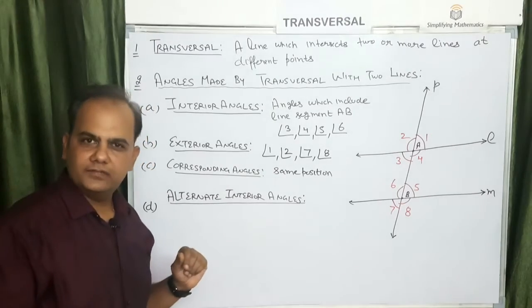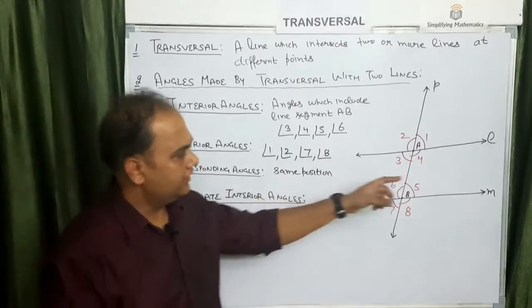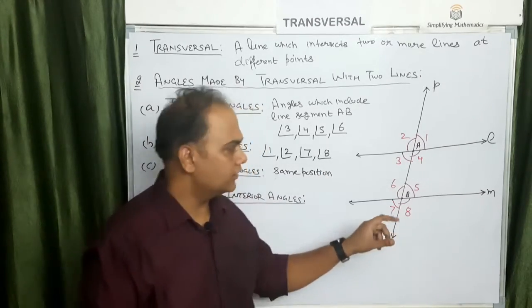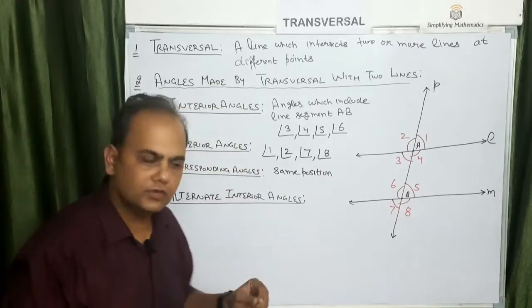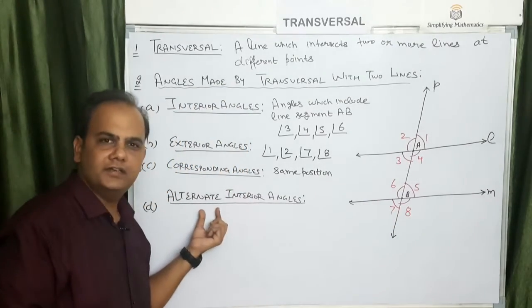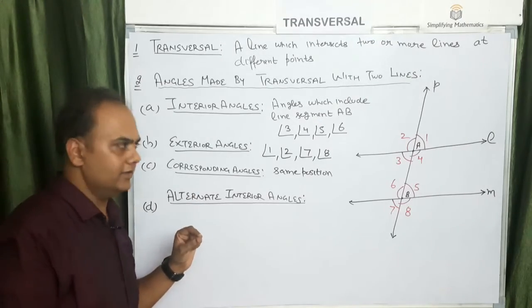which are on different sides. Interior का मतलब क्या है कि which are on the interior of these two angles. तो ये चीज़ तो clear है कि interior angles कौन से हैं? 3, 4, 5 and 6. Now we have to look for alternate interior angles which are on the different side. So what are those pairs of alternate interior angles?